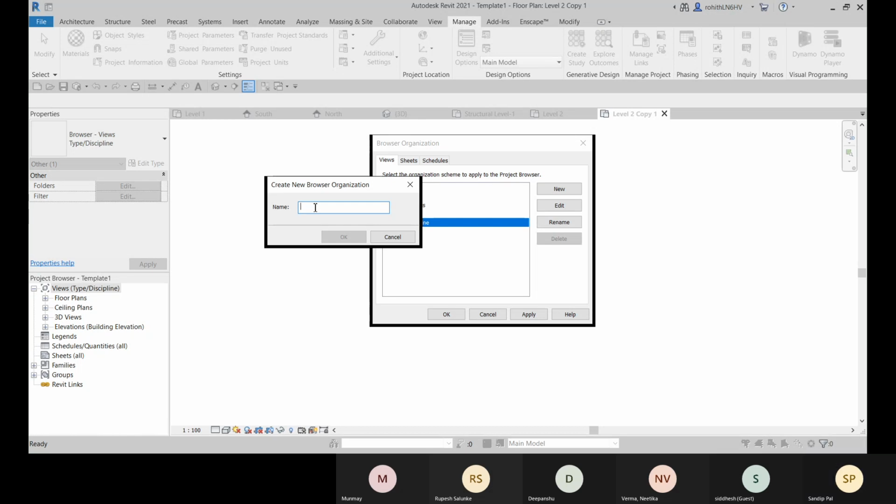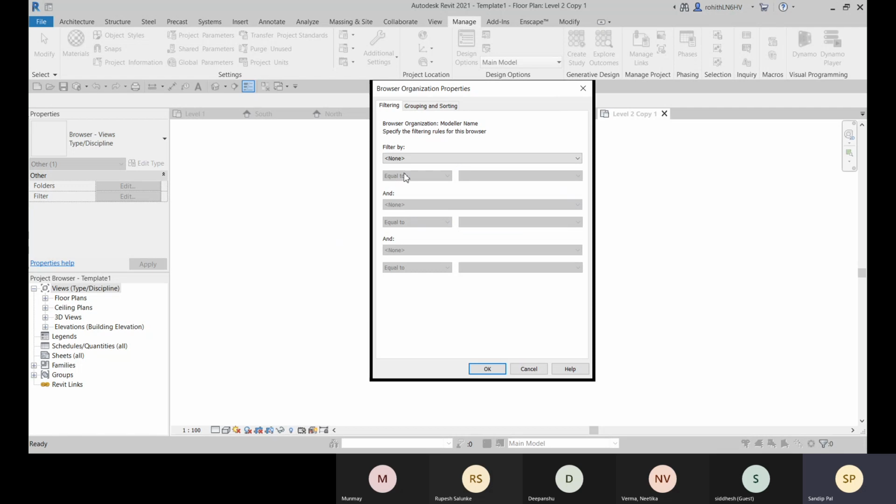Team members name or member or modeler name.